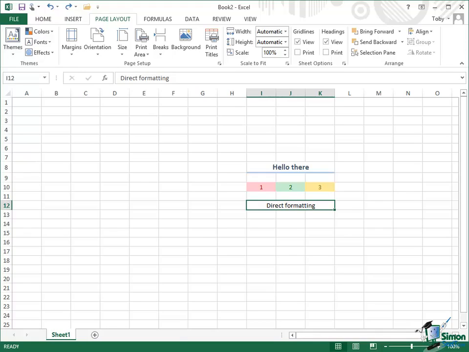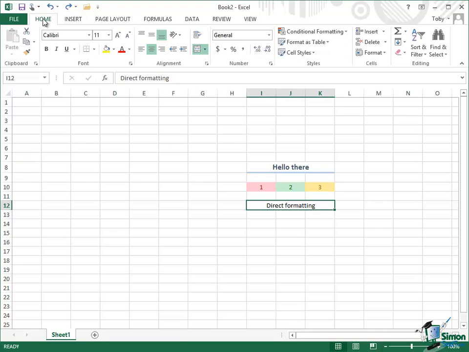Now that's the first two levels, theme and cell style. The third level is direct formatting, because you can make something completely independent of the theme if you want to. What I've done here is merge three cells into one, and I've typed in there "direct formatting". I'm going to directly format this cell and demonstrate that a change of theme makes no change to it whatsoever. Now the first thing I'm going to do with this cell selected is to change the